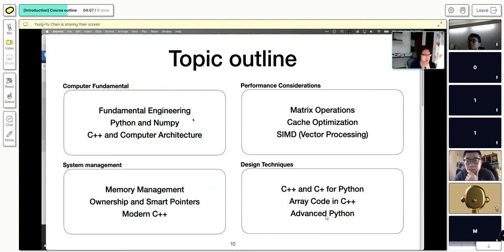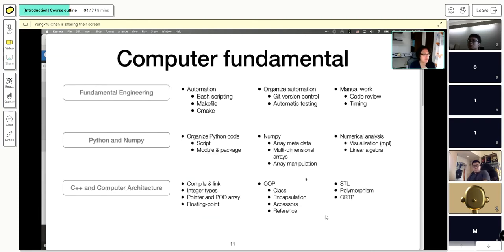Okay, so these are the 4 parts or the 4 sections of our lecture. Let's go into each of the parts one by one. First part is the fundamentals. And today is the first lecture. If we didn't have so many holidays on Monday, actually, the fundamentals would be in the second lecture. But anyway,